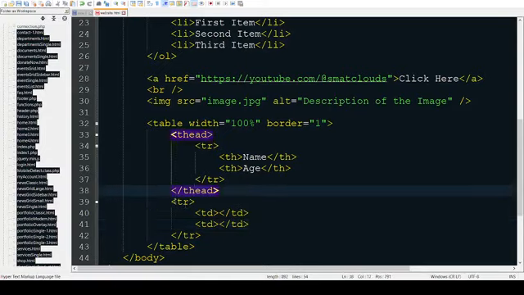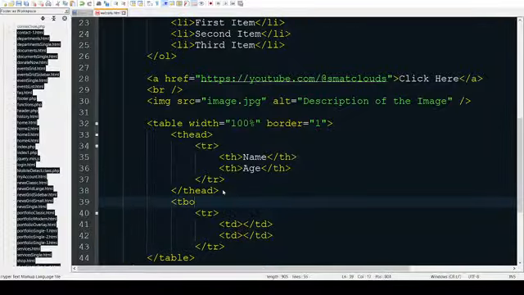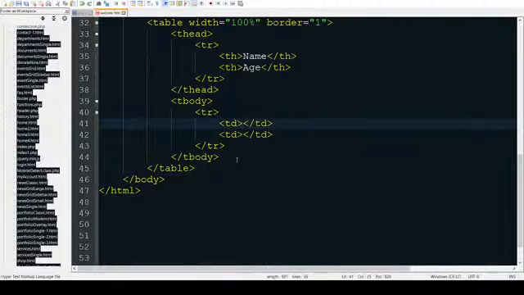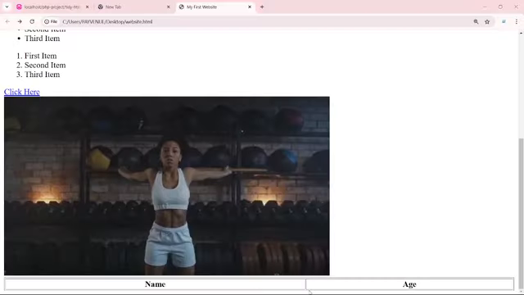and we've already said that this is T head. Let me quickly do the T body so that you will be able to separate this adequately. So this is the T body. So for this T body, please make sure that when you're defining your head and the body, you have the same number of cells, which is the same columns and rows. Make sure that is clearly stated so that you will be sure that you have the same number of rows and the same number of columns when you are actually designing. And so